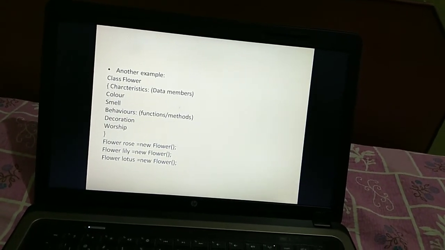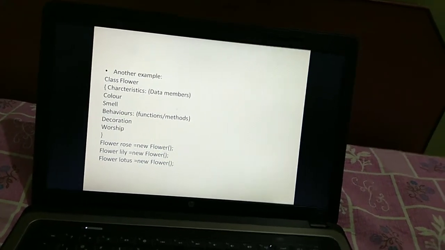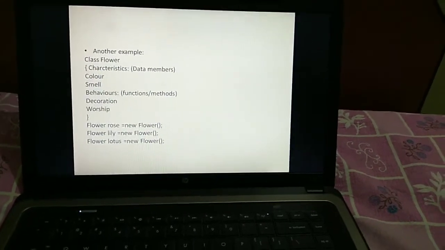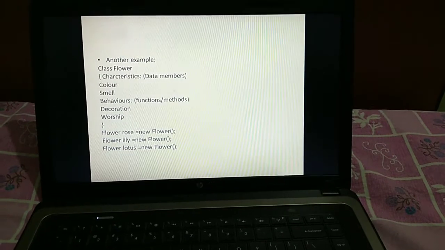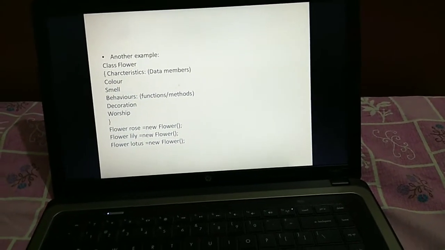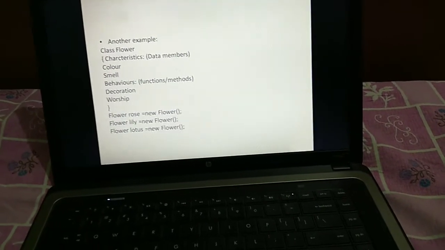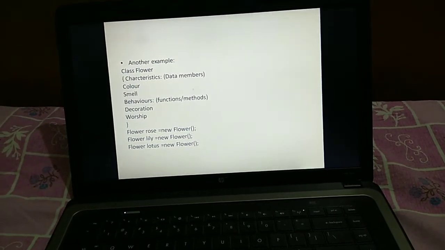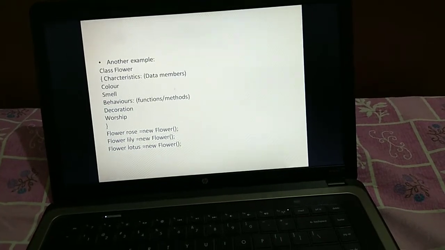Similarly, one more example is flower, which is considered as a class over here, wherein it has been divided under characteristics and behavior. So what will be the features of a flower? Its color, smell.